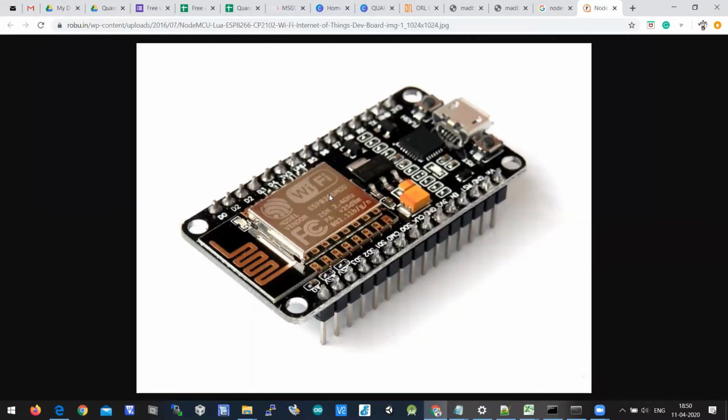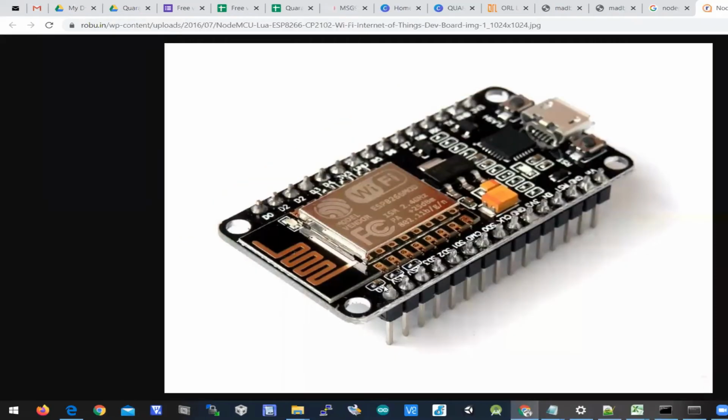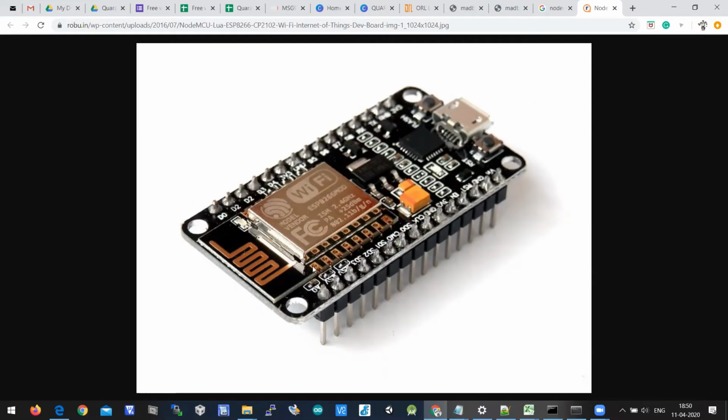One analog line is also there, where you can see A0 here. And you will have 10 GPIO lines where you can connect 10 bed lamps to this NodeMCU, and you can control all the bed lamps. This has a USB port where you can apply power, and also upload the program onto the NodeMCU. You'll have the USB here.